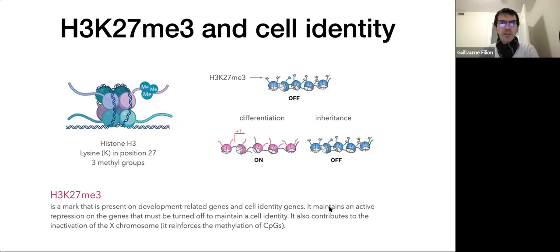So it maintains an active repression on the genes that must be turned off to maintain a cell identity. So here, when you have H3K27 trimethylation of the histones around the promoter, the gene is maintained off very, very strongly, at least as much as with H3K9, and probably more. That's a more potent inhibitor of transcription. And so that particular state here maintains the gene off, and that's really important to make sure that the gene